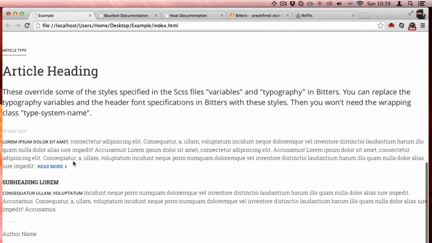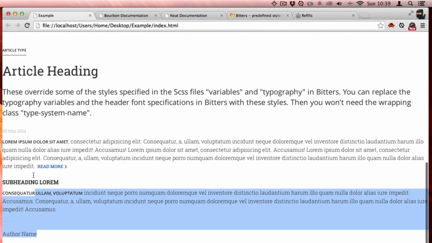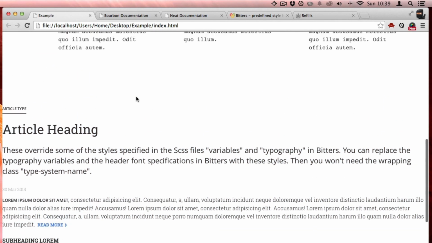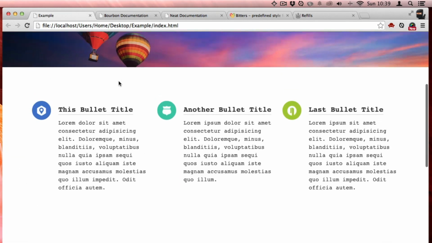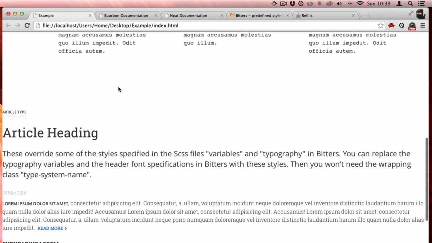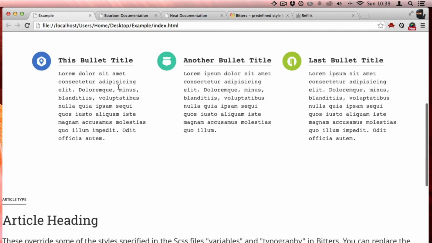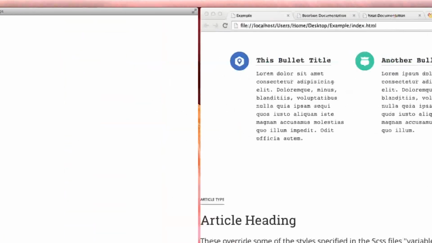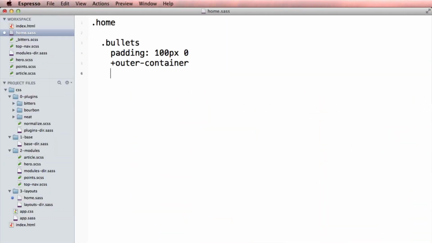Cool. It's styled just how I would like it. It's really beautifully styled, but it's not centered, it's not styled in the context of the layout. So this layout is home, so I'm gonna go back to my home styling and say article, you are going to be an outer container,